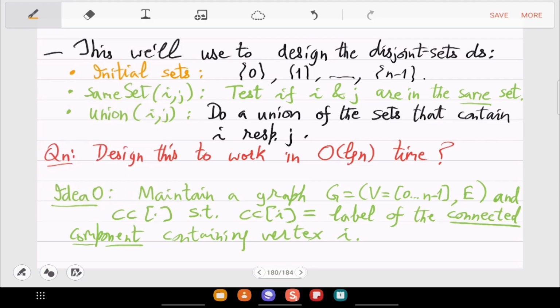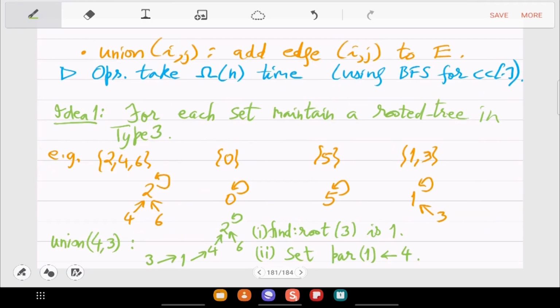and immediately you see an application of it in the question of data structure for disjoint set, where the operations are union and find. So you start with initial sets, singleton sets containing 0, respectively 1, respectively up to n minus 1.